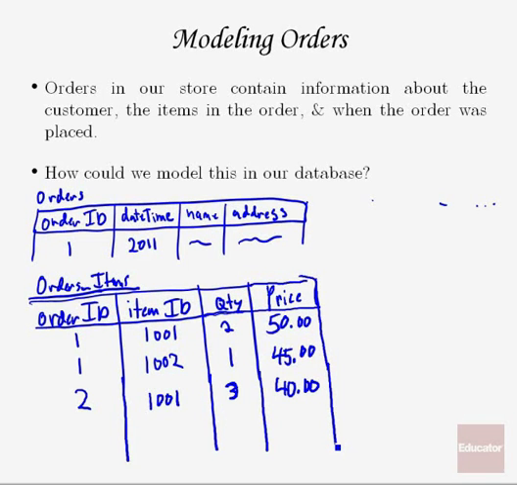Now we can incorporate that information into our table. So now basically we've got this order table that has information about the order, which is the customer information, the date and time of the order, its ID, and then we have another linking table that contains all the order information. One other thing that we're going to add to our orders table, just so you'll be aware, is we're also going to add a tax rate